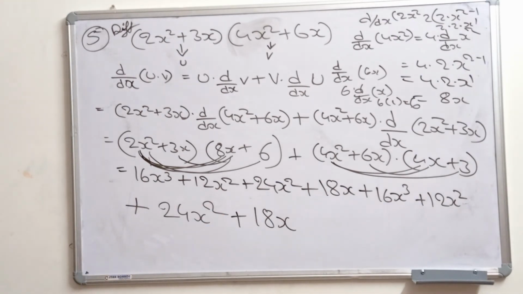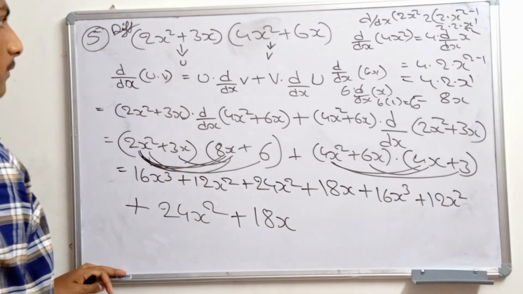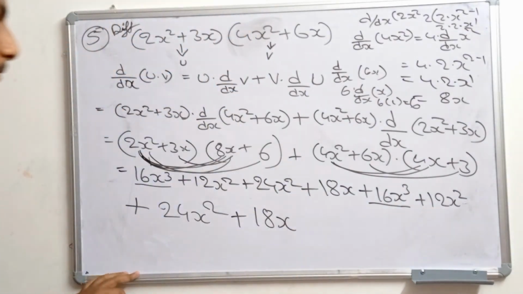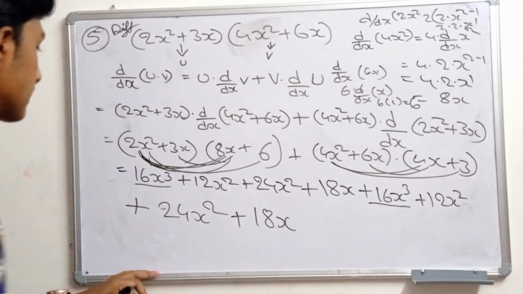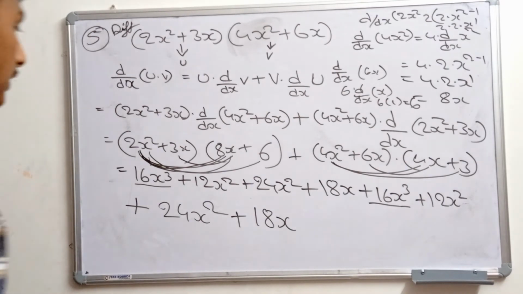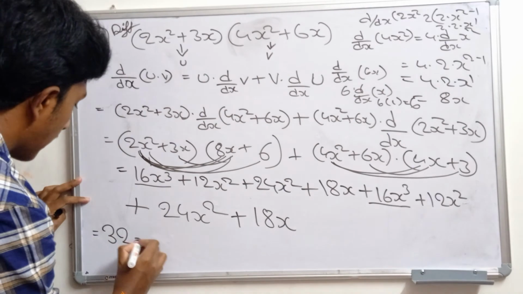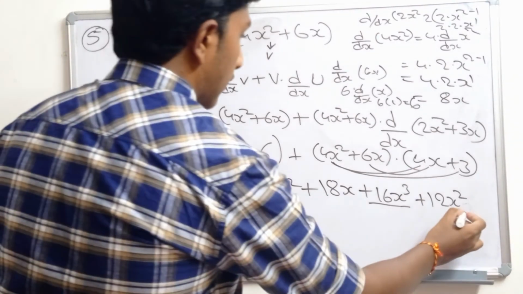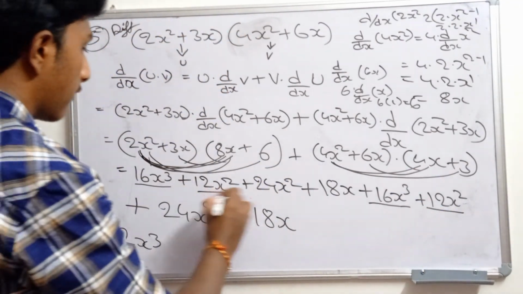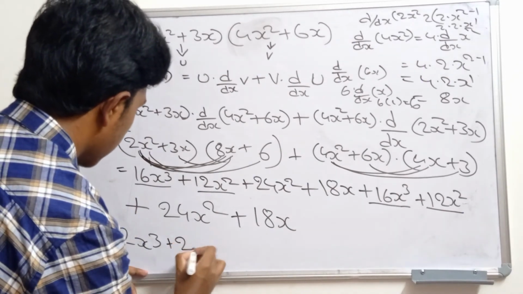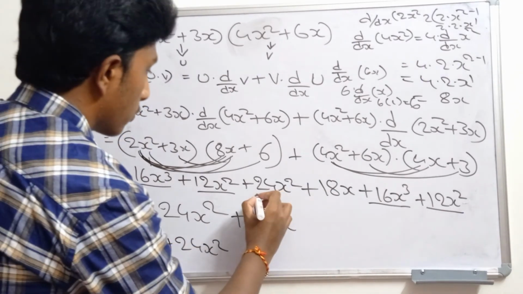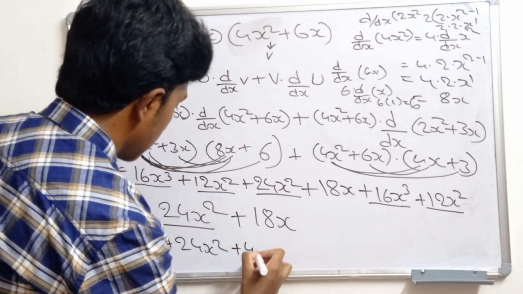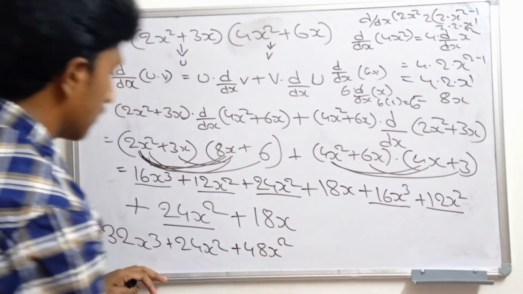First we'll be adding this. 16x cube and 16x cube means 16 plus 16, which is 32x cube, plus 12x square and 12x square, plus 24x square and 24x square. We'll be getting 48x square, plus